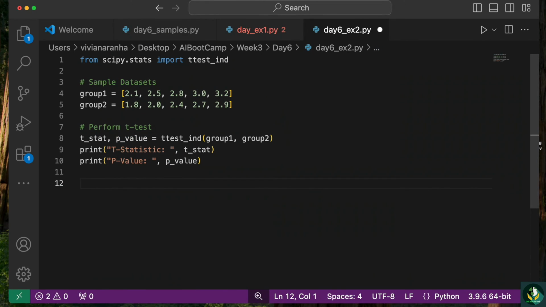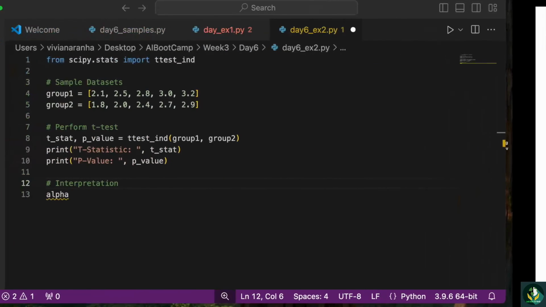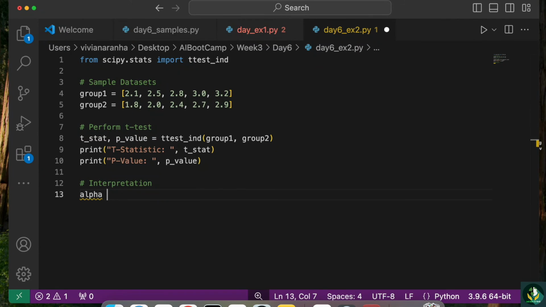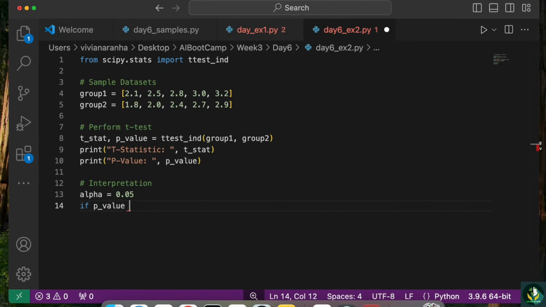Next, let's also do the interpretation, the statistical value for it. I'm going to say alpha, which, if you remember from the previous slide, is the statistical significance. A result is statistically significant if the p-value is less than the significance level, which is alpha, 0.05. So let's go ahead and do that. I'm going to say alpha equal to 0.05. Now I'm going to check if p-value is less than alpha,